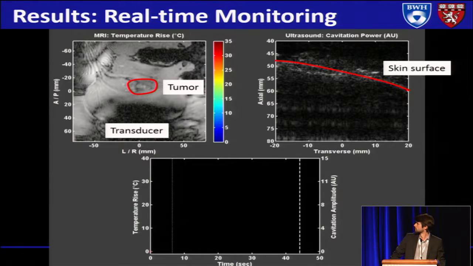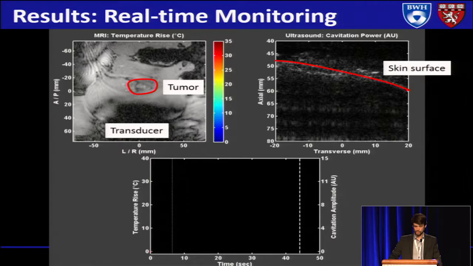So to show you what this looks like, on the left there is an axial MRI image, taken as a slice through the rabbit, so you can see that drumstick-shaped thing is one of the rabbit legs, the blob in the middle is the tumor, and our ultrasound transducer is down at the bottom. And on the right is the corresponding ultrasound B mode image. You can just see the outline of the skin surface. And when we do our experiments, I overlay on this our MRI temperature map and our passive acoustic map showing